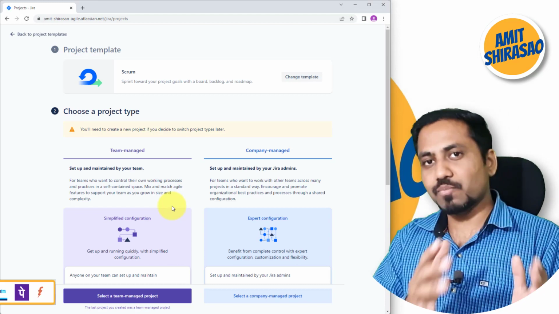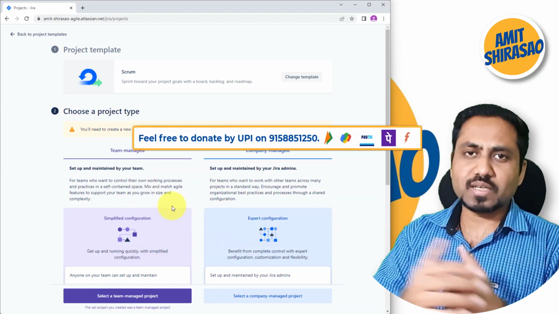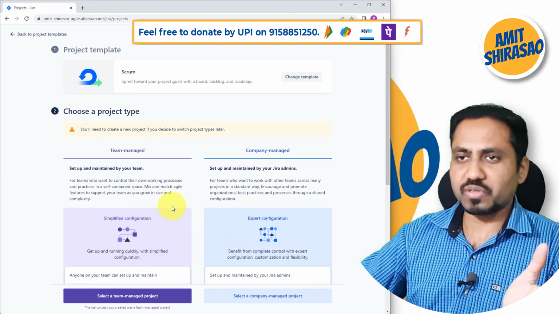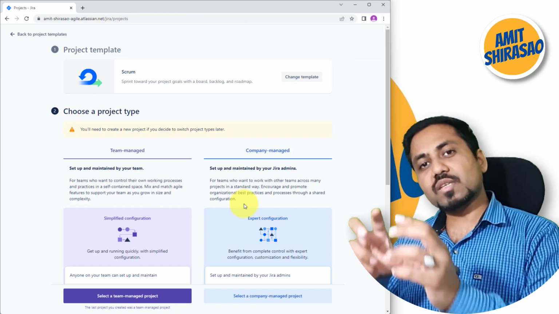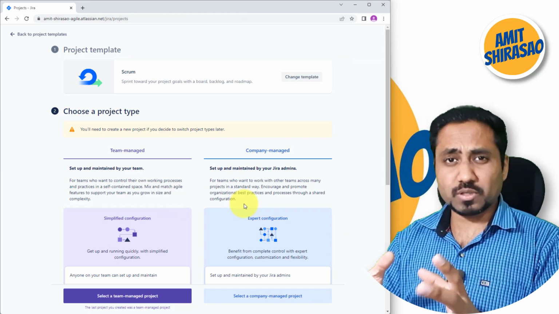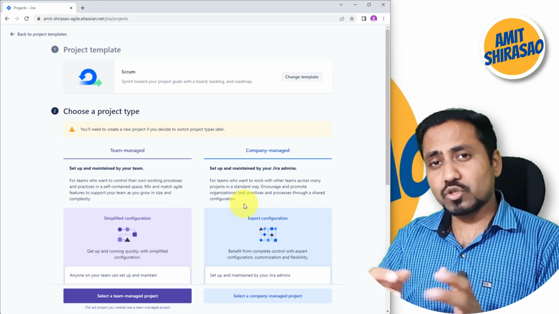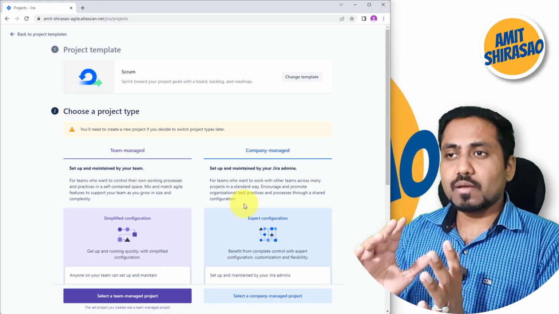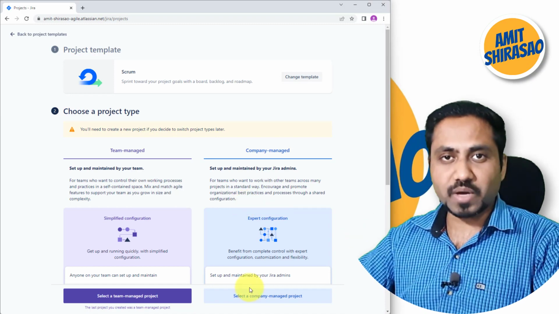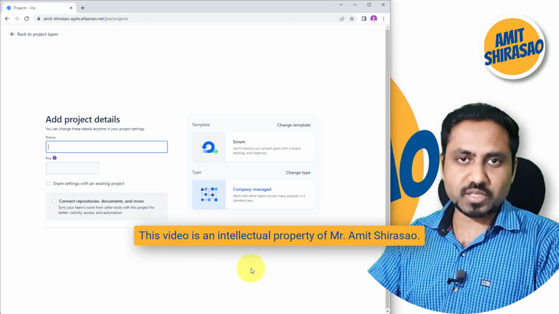It is a very simple template, that is the team managed template. So if you want a team managed project, then you can go for the first option. But if you want to see the subtasks also on the storyboard, if you want to see more options, if you want to go to configure board and have many options there, then you go for company managed project. I'm choosing company managed for this video,